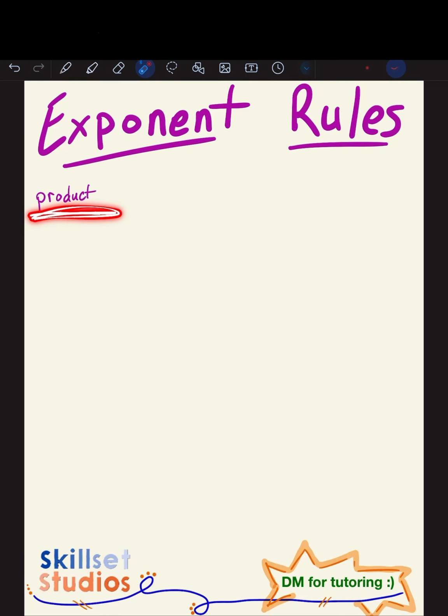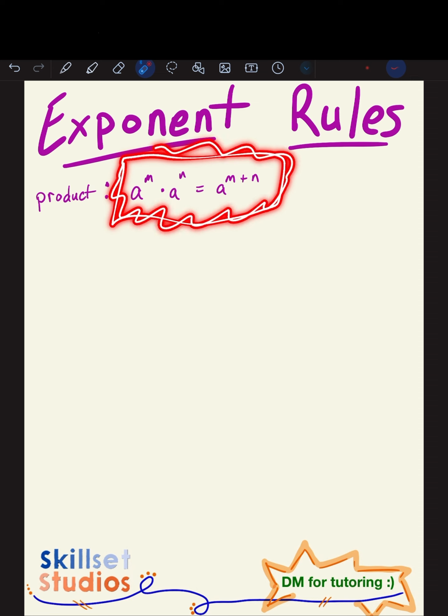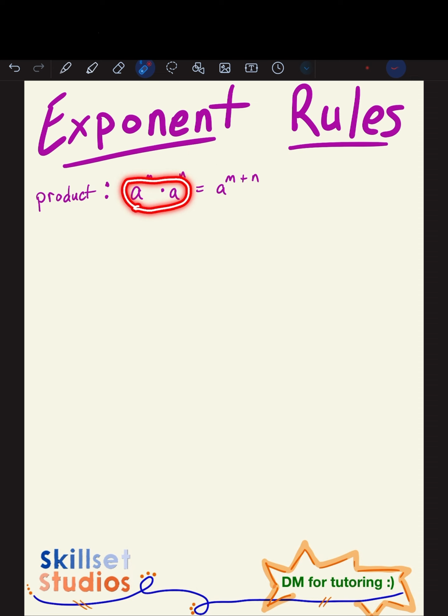Our first rule is the product rule, and in textbooks all these rules come with formulas with a bunch of variables in them, but the key you're looking for is that the base, the a, is the same, where the exponents could be anything. So in short, if we're multiplying two exponents with the same base, then we can just add